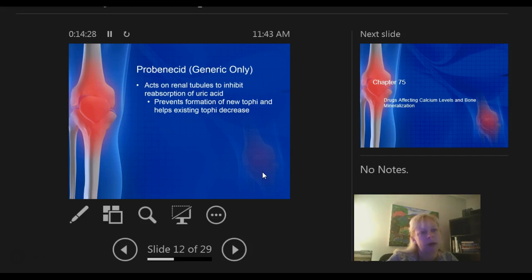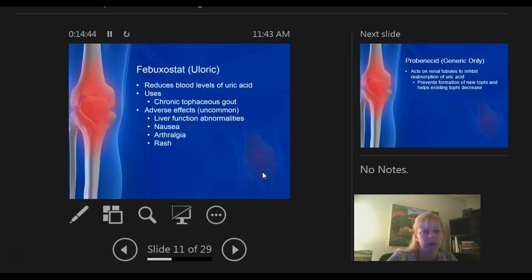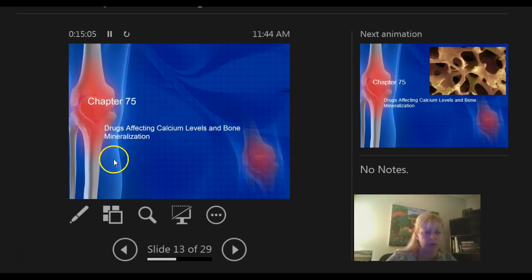So you want to put them on a colchicine just for a short time, about a week or two, until they get used to taking the allopurinol. Let's go back to allopurinol, because that's the one that's used the most, this one and the Uloric. And then after about a week, you can stop the colchicine, and they continue the allopurinol indefinitely. You want to watch your kidney function, you want to watch liver enzymes and that kind of thing, and all the other side effects that are listed. Okay, and that's it.